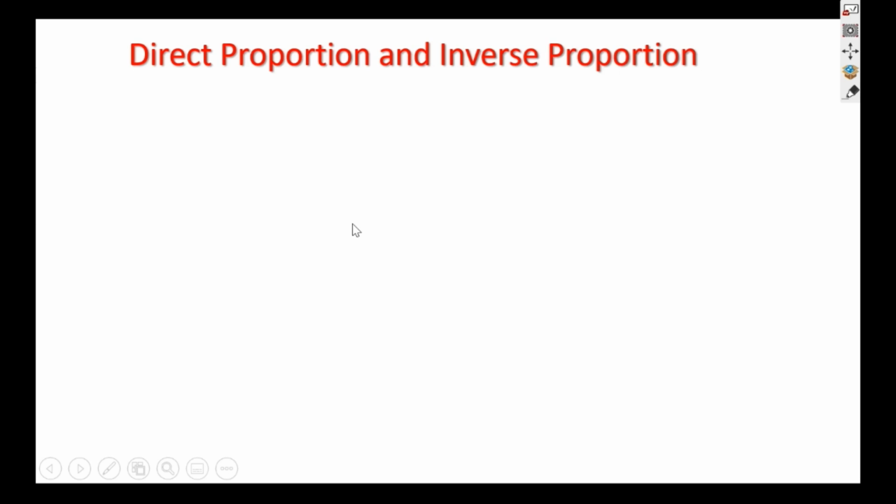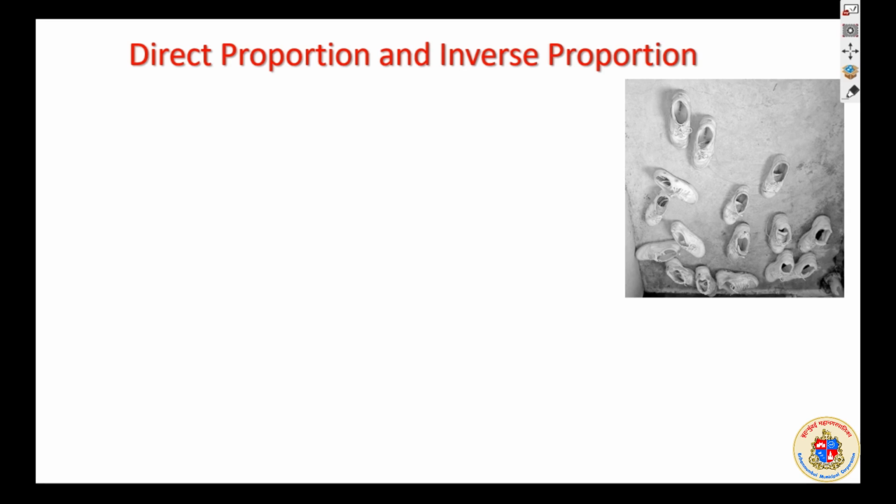The direct and inverse are opposite words, so learning also will be accordingly. First you will understand direct, and the opposite will be inverse in that way. What is this direct proportion? You can see a set of shoes over there,